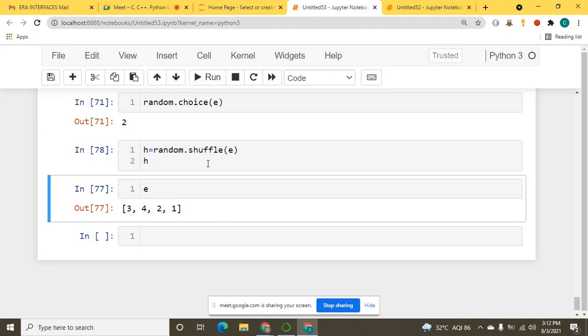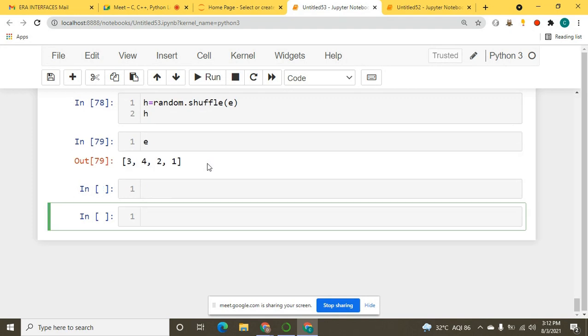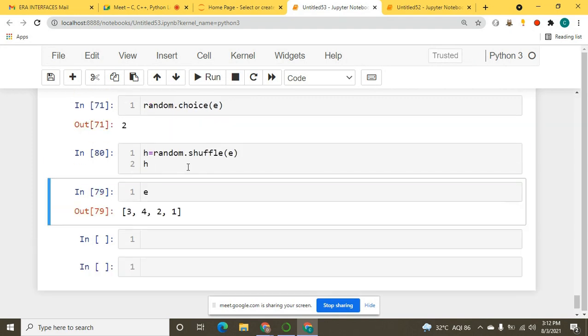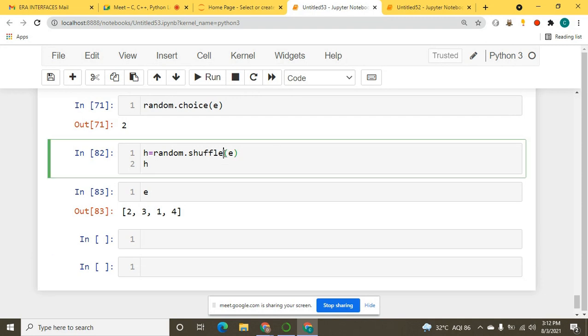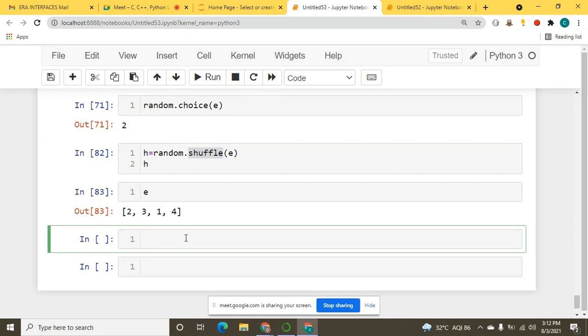It's not changing, but it did. Yeah, so we got 3, 2, 4, 1, right? Let me do it again. Now it's 2, 3, 1, 4. Okay, so it's changing. How were we doing that? By using this shuffle method. Okay, so I hope I'm clear with you all here.